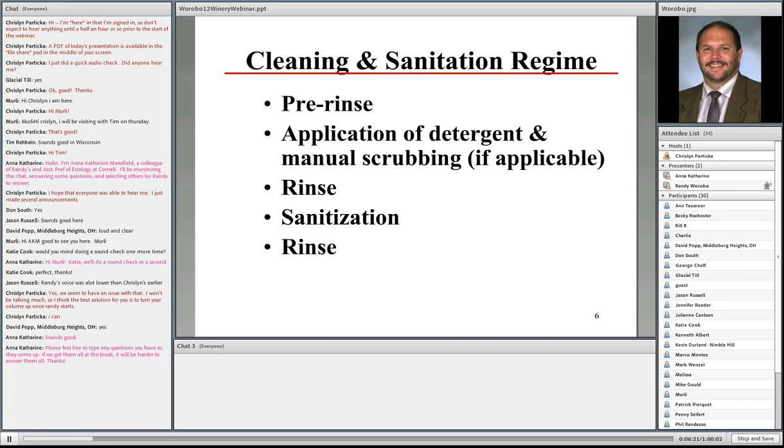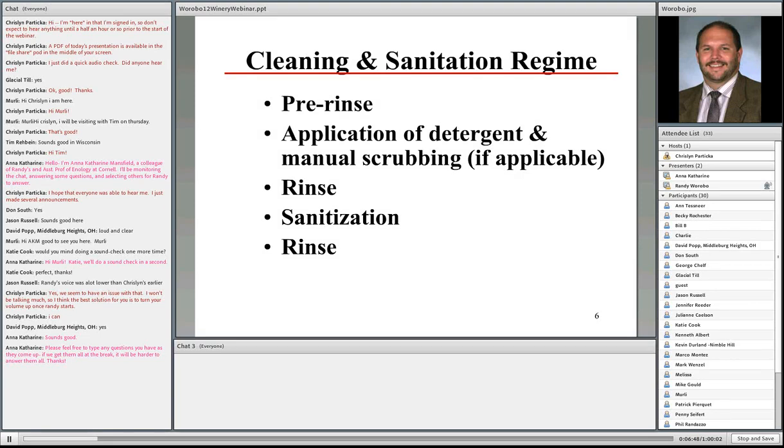You then want to apply a rinse after your detergent because detergents are normally alkaline in nature, and the majority of the sanitizers are acid in nature. If you don't do that rinse, the pH is going to be equilibrated and it's going to lower the effectiveness of the sanitizer. After you've rinsed off that detergent and the organic matter that's been lifted off by the detergent,